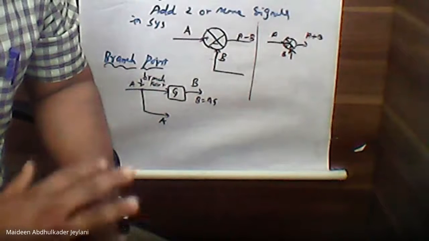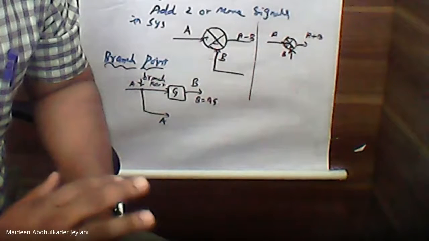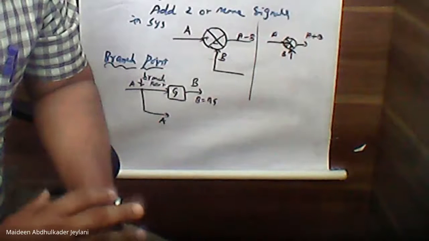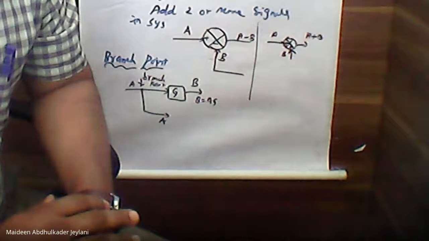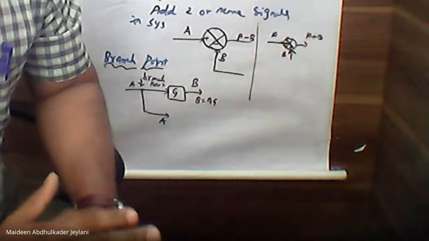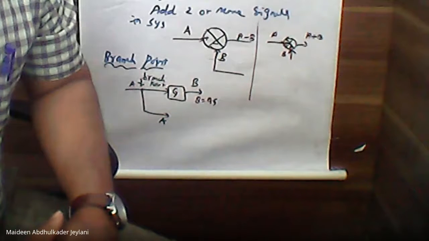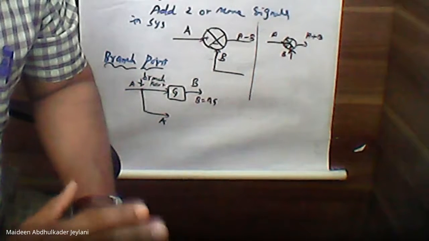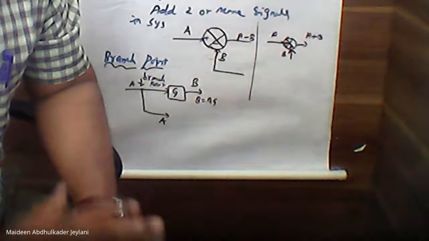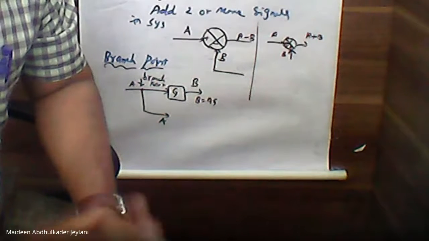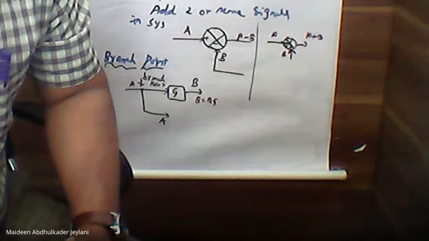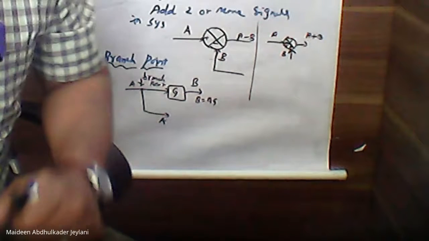You'll start reducing the diagram one by one. What are the combinations we can make? How many system gains are there? Your objective is to create a single system from all the branches. Finally, the answer or your output should consist of only a single system gain. Clear? To reduce the block diagram, we have certain rules to be followed.